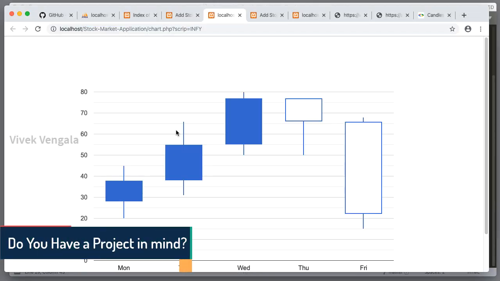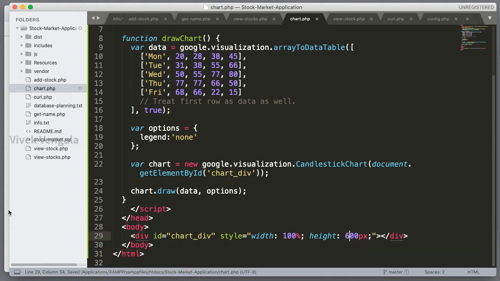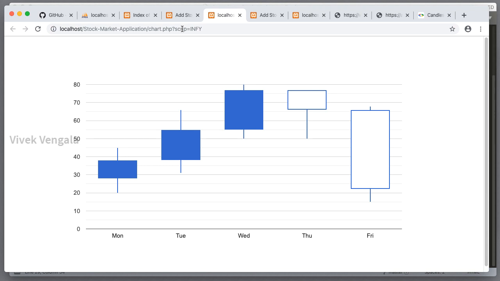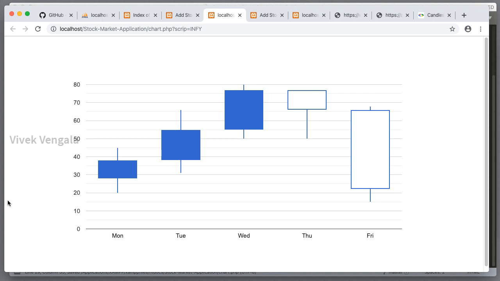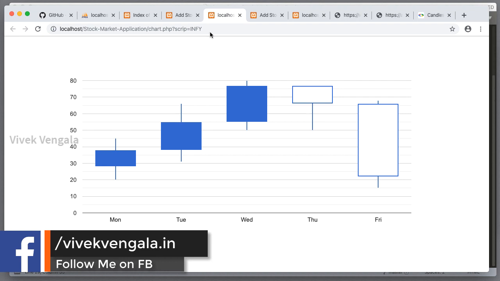Okay, I am going to modify this height to 600 pixels. I am going to lower it to 550 pixels or 500 pixels, so that we can add links later and a heading, chart heading, all those. For reload, I should see 550 pixels height chart. Okay,